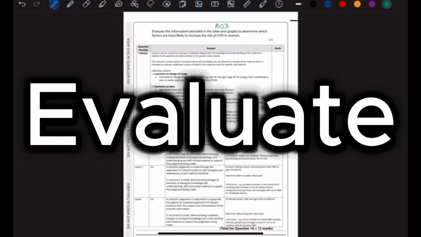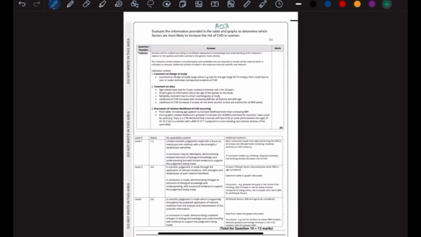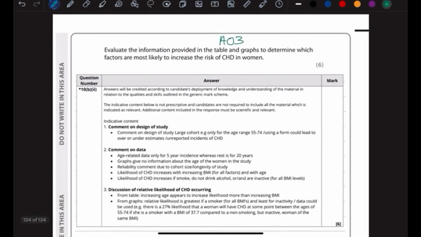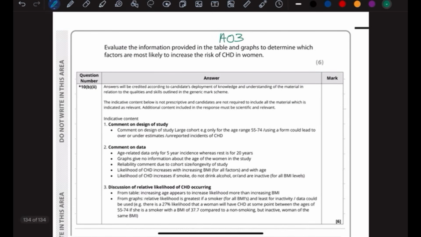Cool. Okay, so now we are on to our evaluate questions. I believe these are some of the hardest to answer when it comes to our A-level. So we're going to go back to the sum of the question. Or let's read the question first. Evaluate the information provided in the table and graphs to determine which factors are most likely to increase the risk